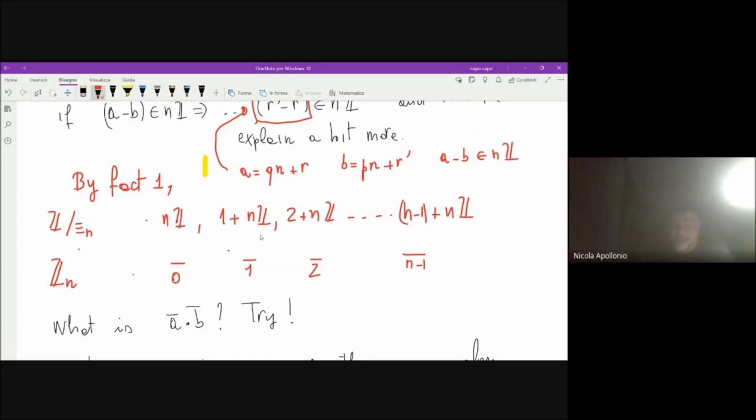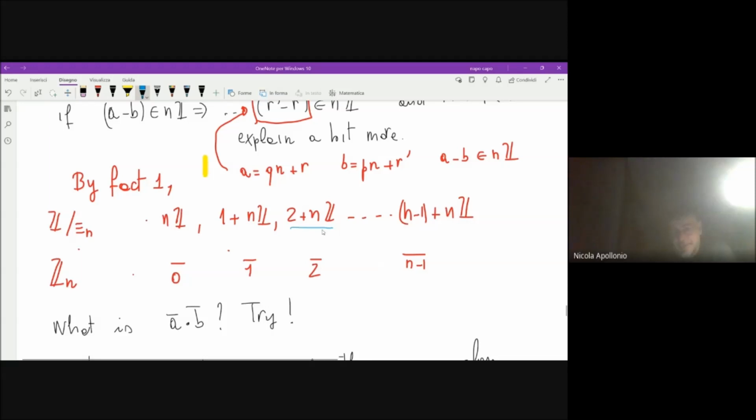Two numbers are congruent modulo n if and only if they give the same remainder when divided by n, and there are only n possible remainders, which are 0, 1, 2, up to n minus 1. We have proved that this representation holds because, for instance,